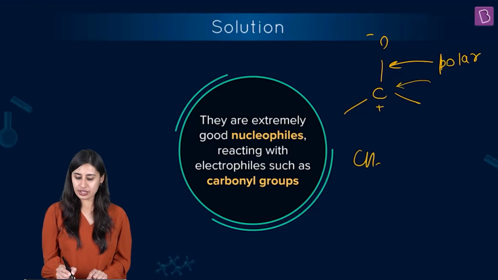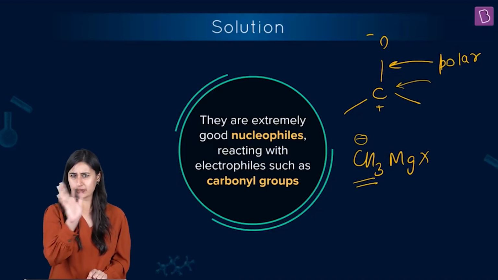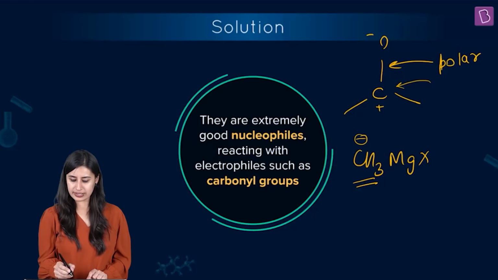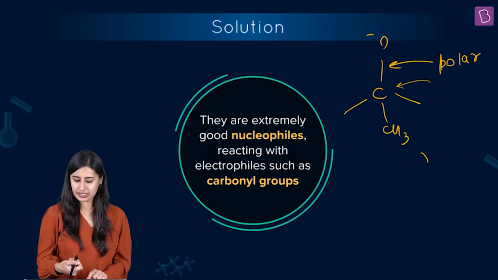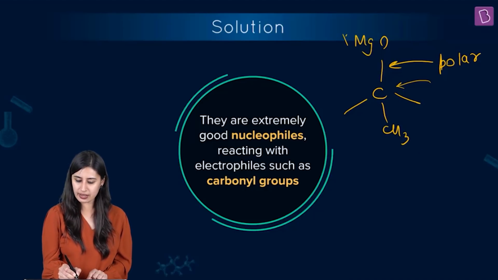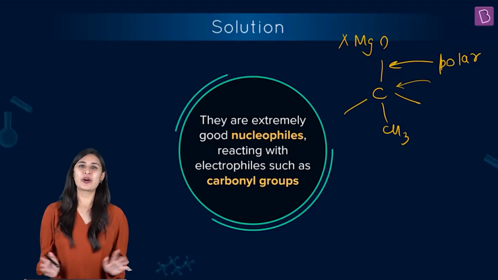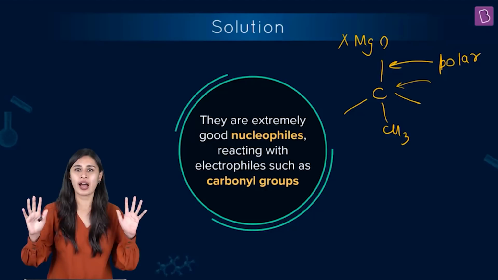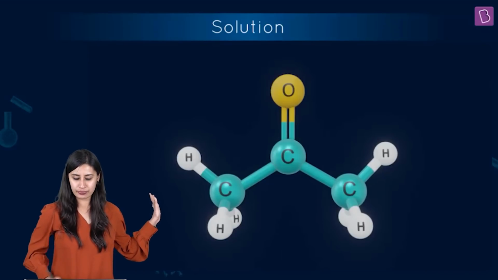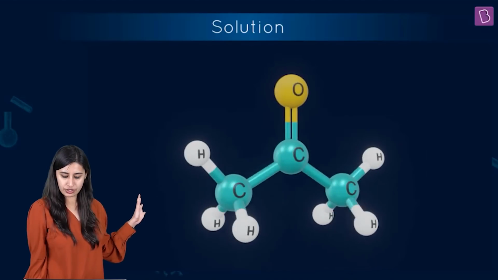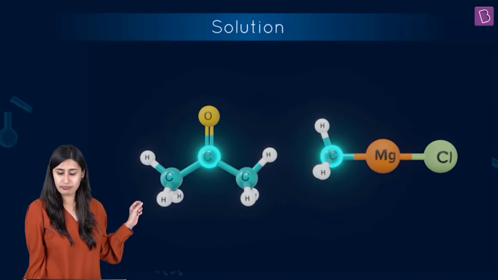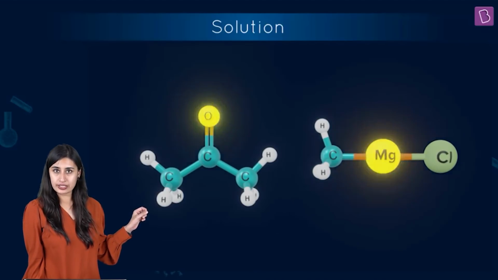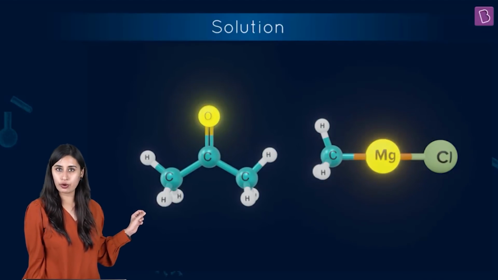And here, in this CH3MgX, we have this methyl which is having a minus here. If I'm simply writing without the partial charges, in order to make you understand, you know that opposites are going to attract. So with the plus comes a minus, and with the minus comes plus. With O will come this MgX, right? Simple opposites are attracting here. So check it out. The carbonyl compound out here is acetone. We are talking about Grignard reagent. We know that methyl is going to be the nucleophile here, which will get attached to the carbon of this carbonyl.